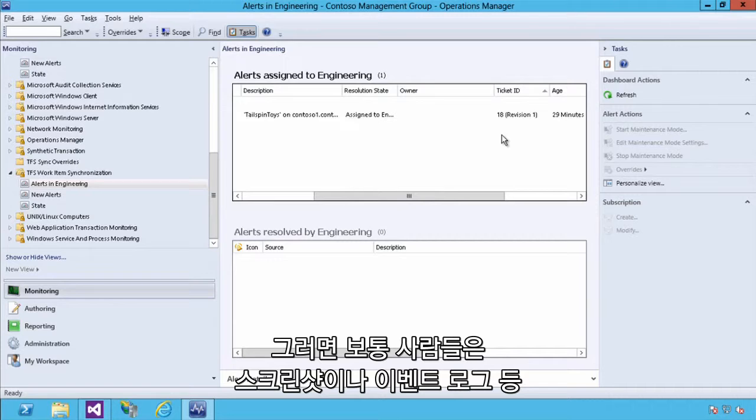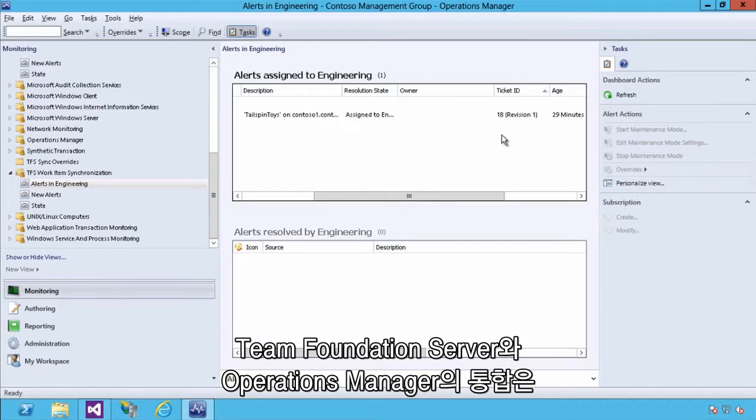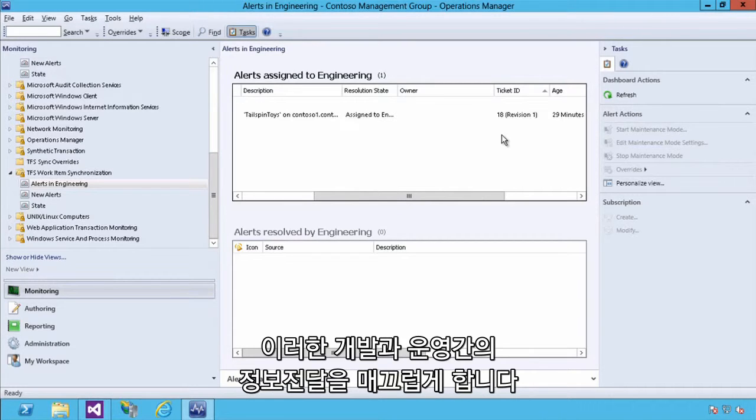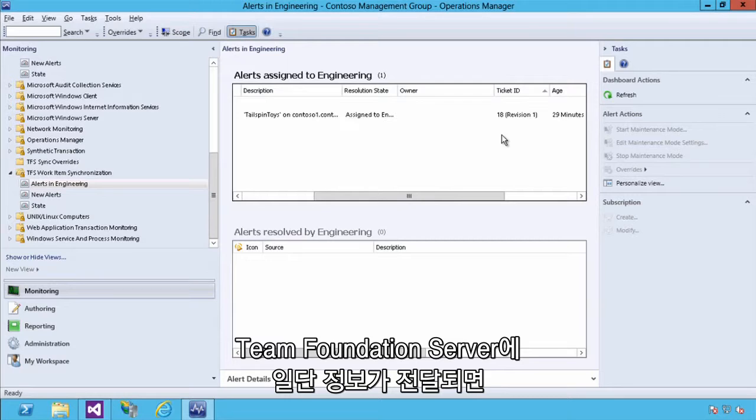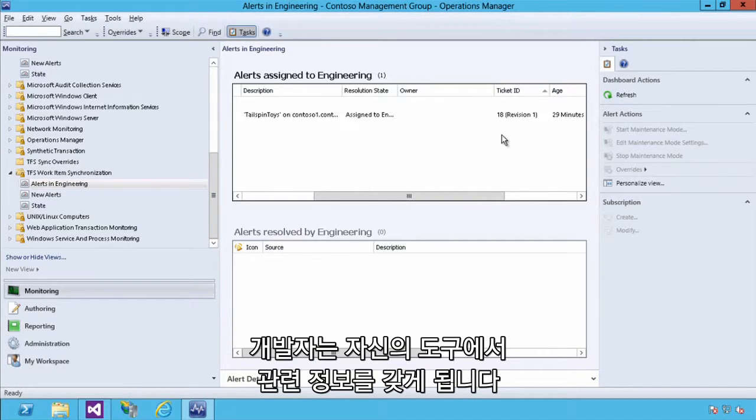And what normally happens is people take screenshots, collect event logs, all sorts of things so they can figure out and pass along high fidelity information. With this integration between Operations Manager and Team Foundation Server, you see a seamless passing of information between developers and operations. So once you pass this information to Team Foundation Server, because that's the backbone of application lifecycle management for developers, they have full, rich fidelity data that they can use within the tools that they have and